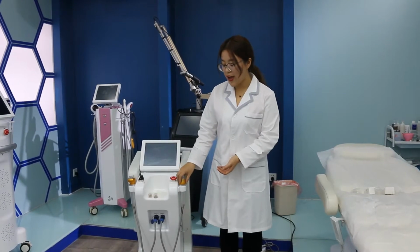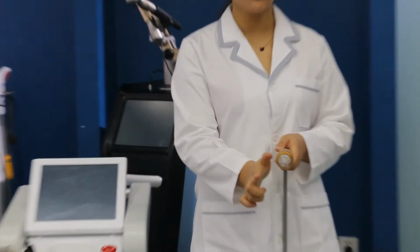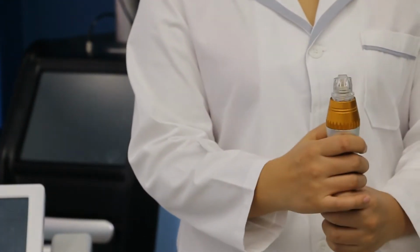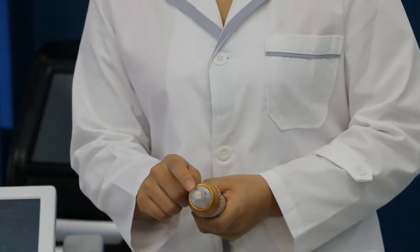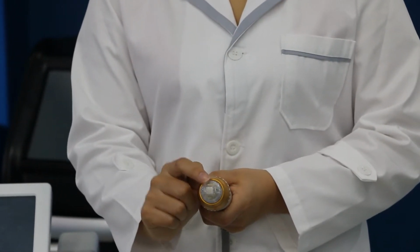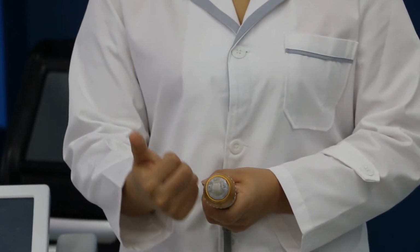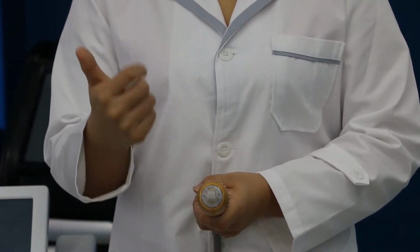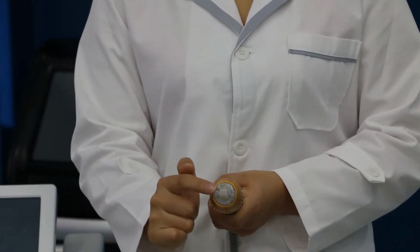Another one is the invasive handle. The invasive handle has needle tips that penetrate into the dermal layer. See, there are three sizes of needle tips. This is the minimum, 25 pins. It is the smallest size, mainly used for the areas around the eyes, around the nose, and the lips. For small areas, use the small